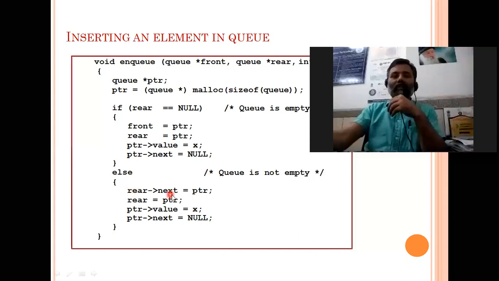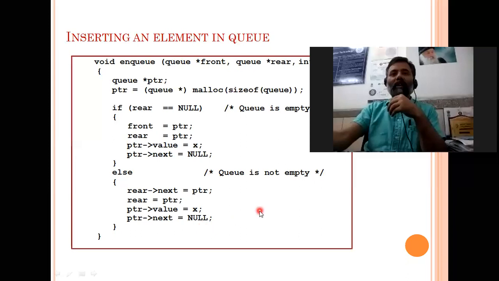So rear next is equal to PTR, because the insertion is happening at the last, so the last node will now point to the new node. So rear next is equal to PTR. Now whom will rear point to? To the new node, so rear is equal to PTR. Now we can store the value, PTR value is equal to X and PTR next is equal to null, because whatever insertion happens will always be a last node insertion.